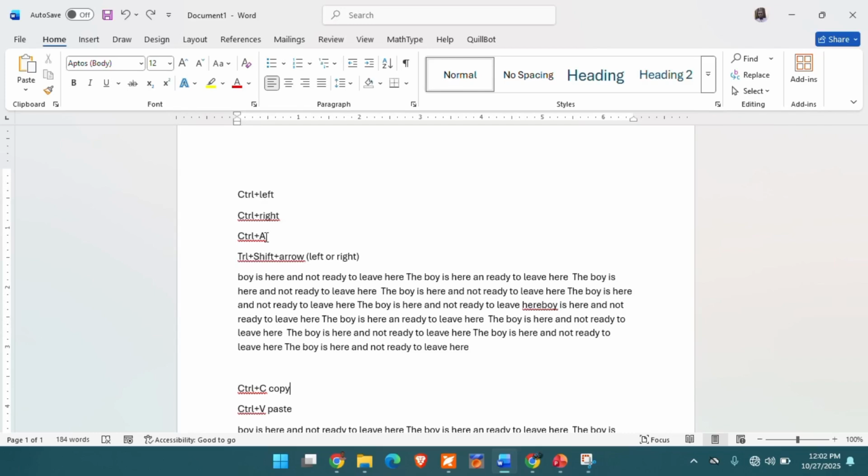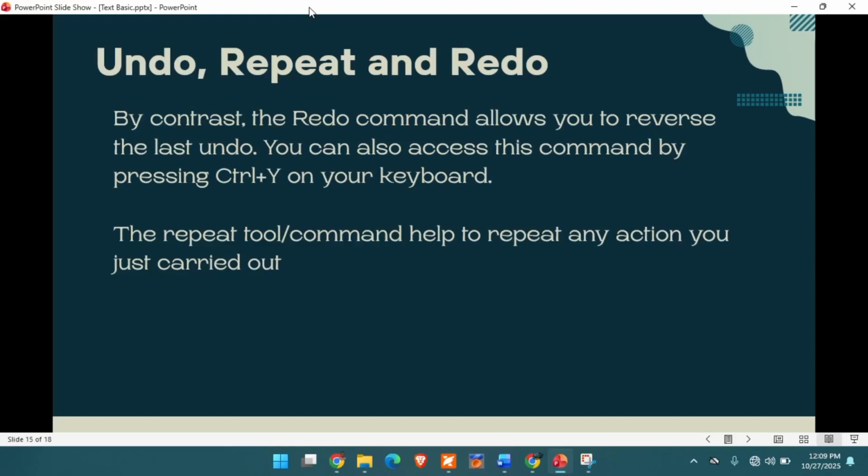it by clicking on Ctrl Y, or I click on this arrow on my quick access bar. So when I click on it, you can see that it is redoing it back to the way it used to be. So that is the function of your undo and redo. Now I want to talk about one final tool on the quick